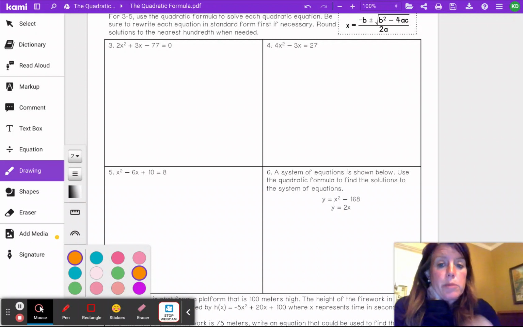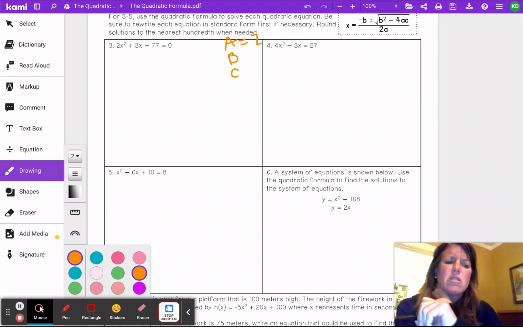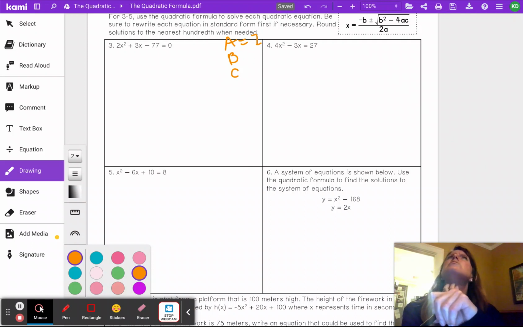It's already in standard form, so I can just write off to the side what my A, B, and C values are. A equals 2,